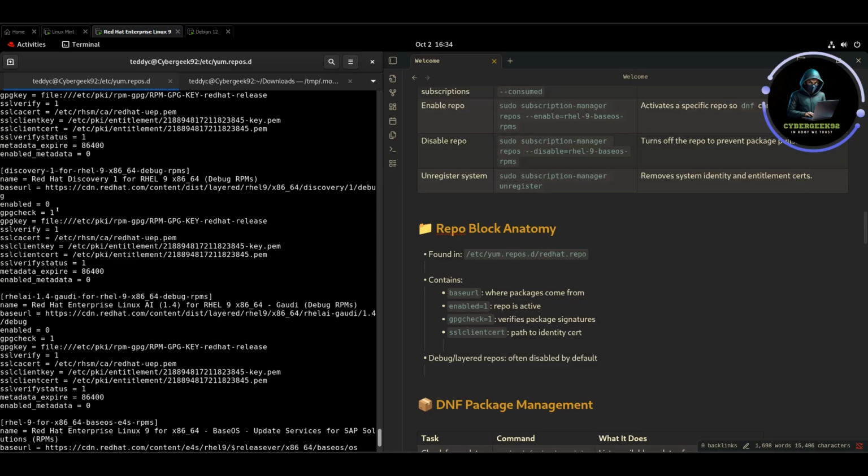GPG check is enabled. That's to verify the package signature, if it's valid. We do have where the key is coming from. It's coming from here. And then we have SSL verification, which is also enabled. And this is the permission file, which is a .pem. And then we have the SSL client key and the SSL client cert. And then we have an SSL verification status, which is also enabled, which